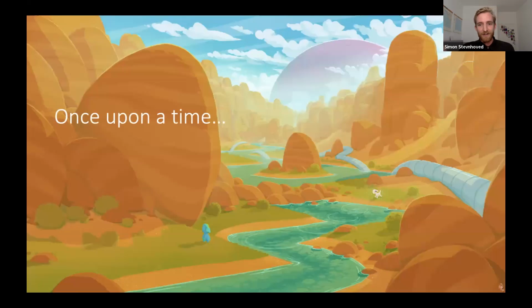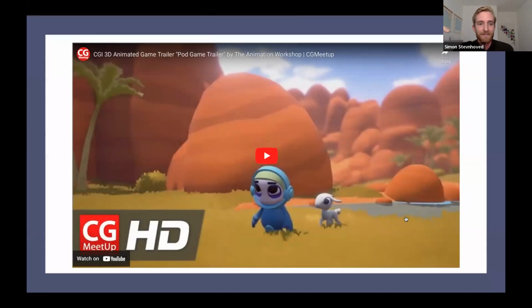But before all that, I was still in sound design school working on my first game project. It looked a bit like this. It was a game about this blue character who went on a journey and met a baby goat, and they were going to this power plant in the distance. They were going there to restore power so the blue character could go home and play video games again. I found a little trailer from the game that I wanted to show you, just so you get a better idea about what kind of game it was.